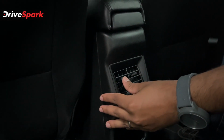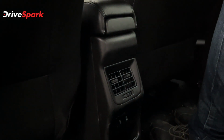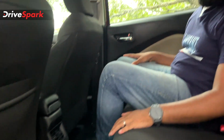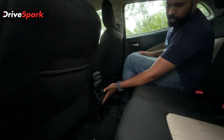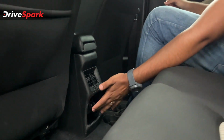However, in the single vent itself, you get adjustability for the two rear passengers. Yes, you get only two rear passenger adjustability for this vent. The one in the center would just have to adjust. You get two charging ports right here at the rear. One is a type C and one is a type A, and that pretty much sums up what it is